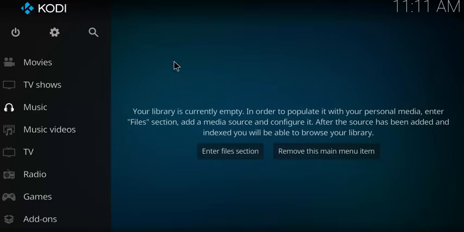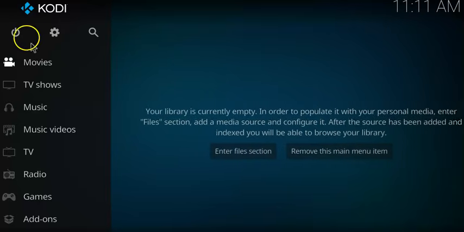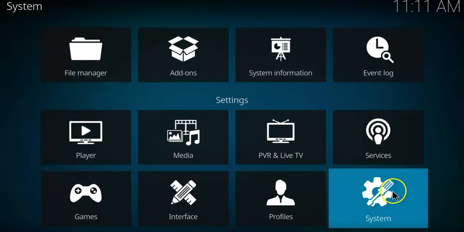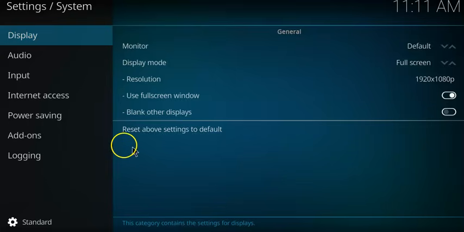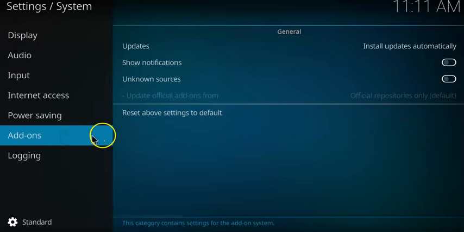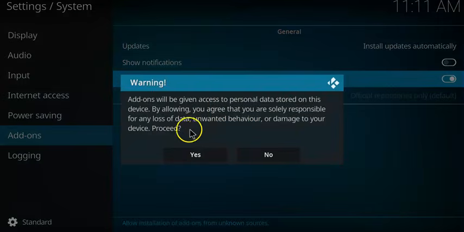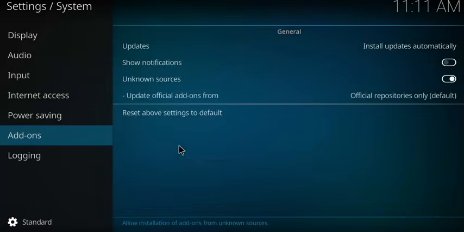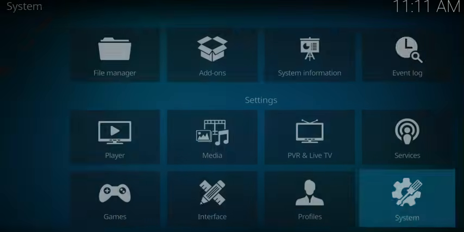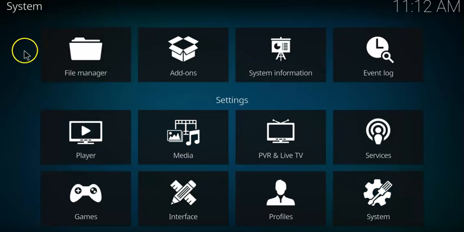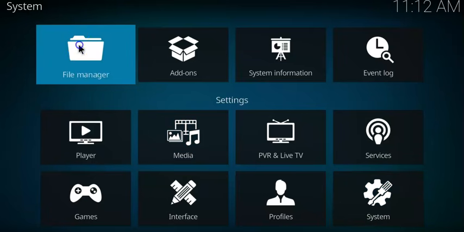The best thing to do if you want to have any build on your device is to go to settings. Click on settings. Now scroll down from the settings menu to system. Once you get here, click on add-ons, and then navigate to your right, then click on unknown sources. Once you click on it, you see this, enable it. Once you enable it, move back, and once you get here on the settings menu, click on file manager,